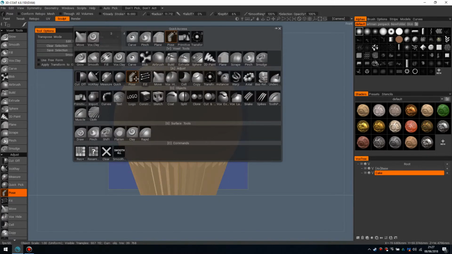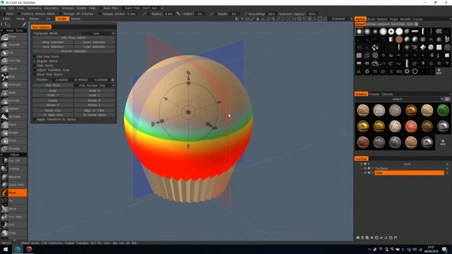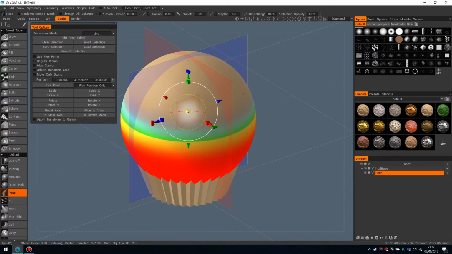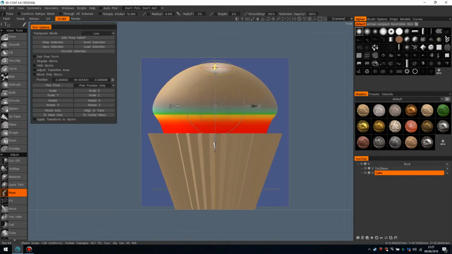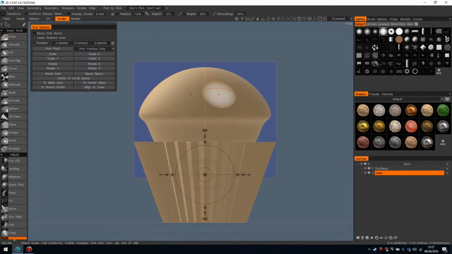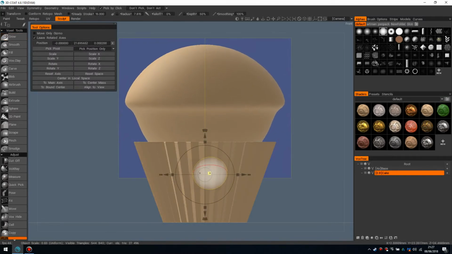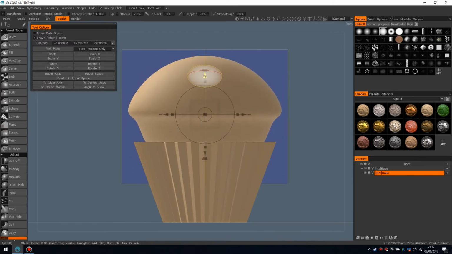And on my pose tool that I clicked on, the default is the line mode, which is the one that we're going to use. I'll cover these others in other videos as and when I need to use them. For now, we only need the line, so I'm only going to use the line. So I'll do something like this. And because I'm using the X and Z symmetry, I know that all of these are going to be scaling in the same amount. So I'm going to bring this up like that, which you might think looks completely wrong, but I'm going to drop out of this tool, and I'm going to use the transform tool to just scale the whole cupcake up. Let's put it to center mass for a second, and then move it down,